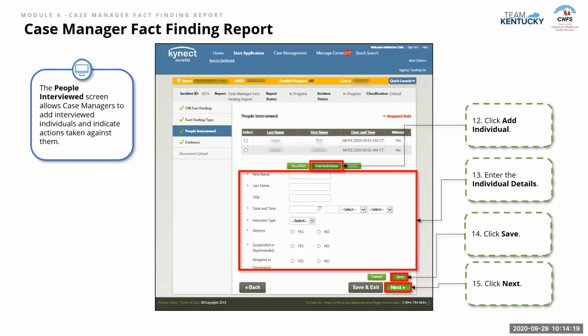So this brings us to the people interviewed screen. The case manager would come through and make sure that they're adding each individual that was interviewed. As you can see up here, there is a people interviewed summary section. Right here, you can see people that have been interviewed. Again, you can see their last name, first name, date and time they were interviewed, as well as whether or